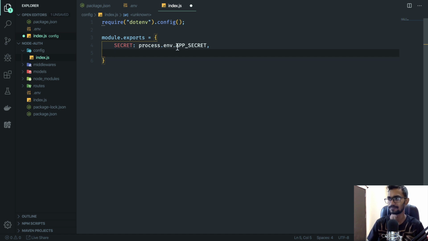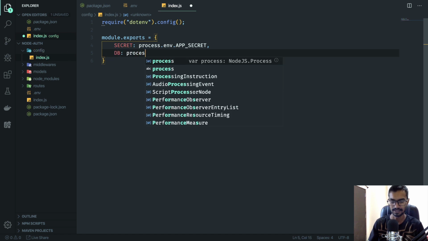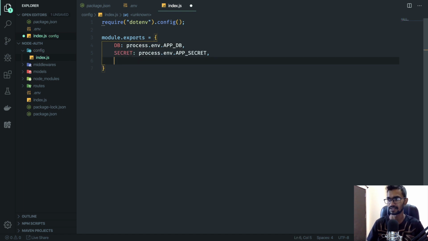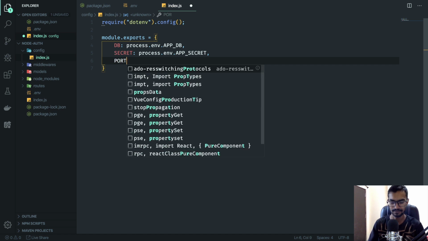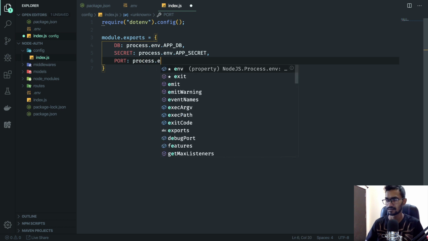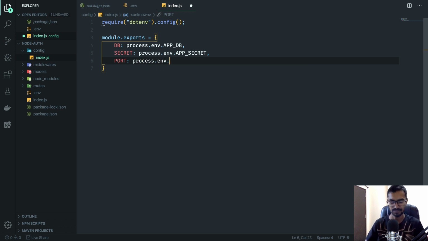Then we have a db, and we will simply say process.env.appdb. And the third thing which I'm going to need is our port. So we can simply say app.port, process.env.port. Okay, so these are the three things which we'll be pulling out from our .env file,